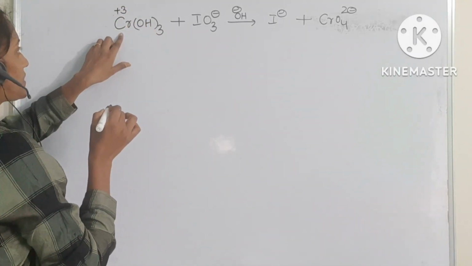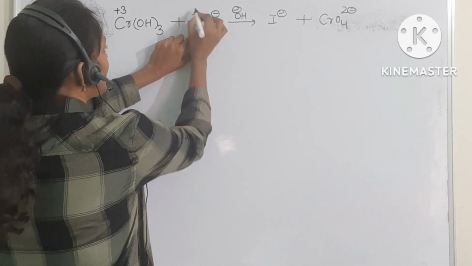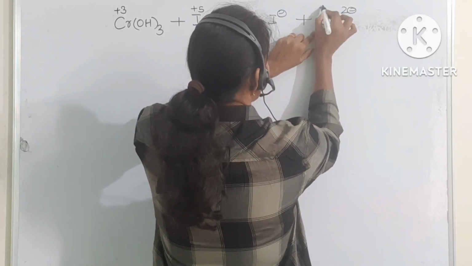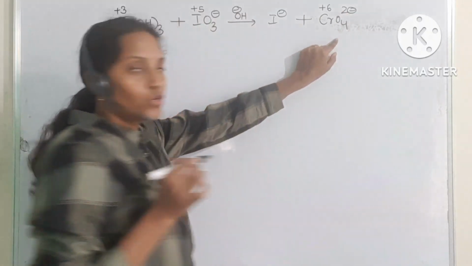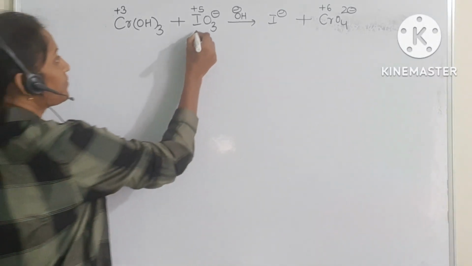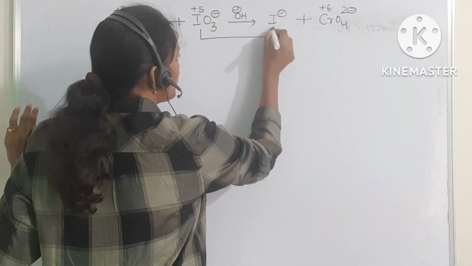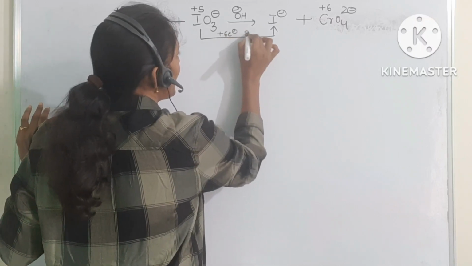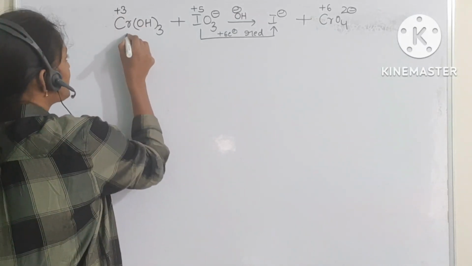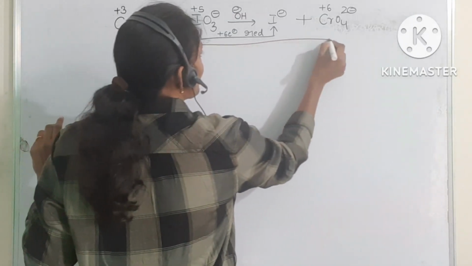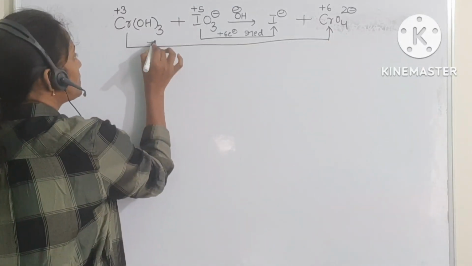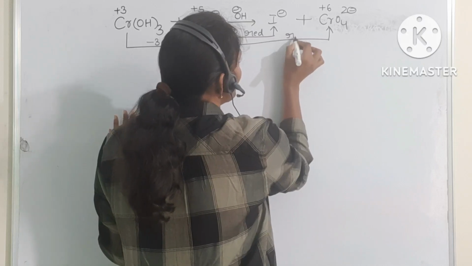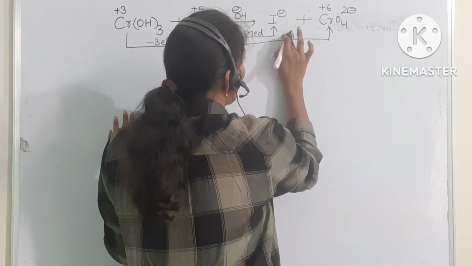reaction. Chromium gets a plus 3 oxidation state, and iodine gets a plus 5 oxidation state after calculating. Then chromium gets plus 6 in the chromate ion. So from iodate to iodide, by taking 6 electrons, it will become I minus, so that is the reduction half reaction. In the same way, by losing 3 electrons, from chromium hydroxide to chromate, chromium will become plus 6, so that is the